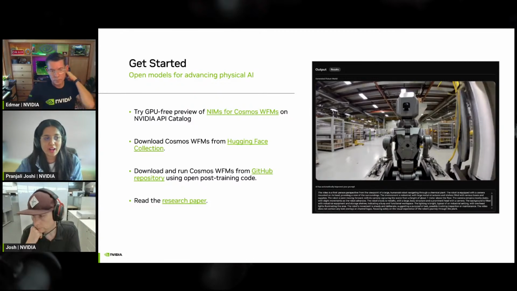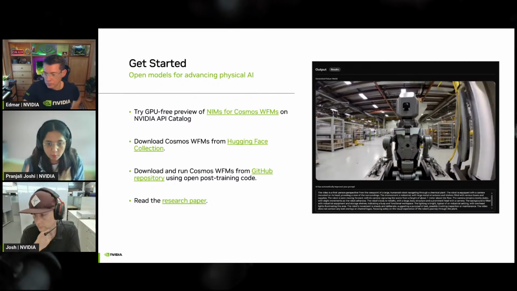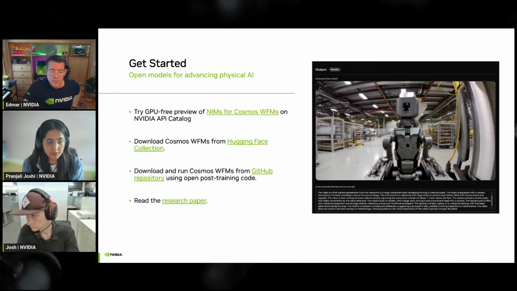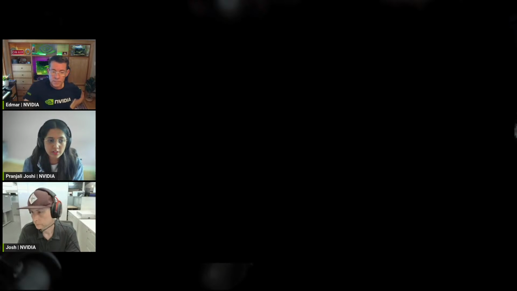I also wanted to call out DGX Cloud, which is NVIDIA's cloud for deploying your models, and DGX Cloud works with a lot of public cloud providers. If you don't know about it, just Google search and read about it. NVIDIA DGX Cloud is a great place to start with deploying your World Foundation models.